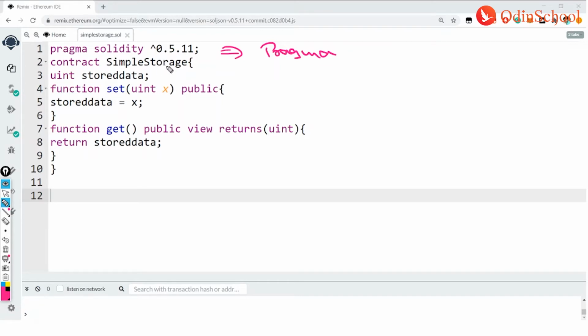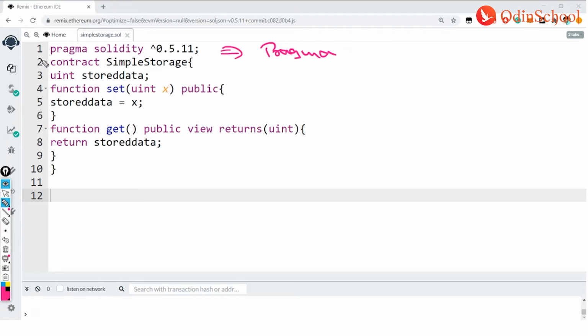The only thing you need to understand is that the code will stick only with this 0.5.11 version. If the version gets upgraded, you need to come back and compile the code to the latest version. But if I put the cap, then it is compatible with all the versions. So you need to understand this key point, why I need to put a cap symbol.